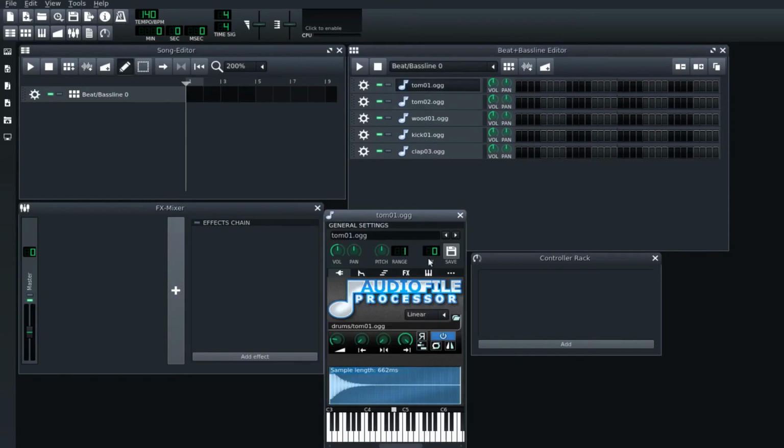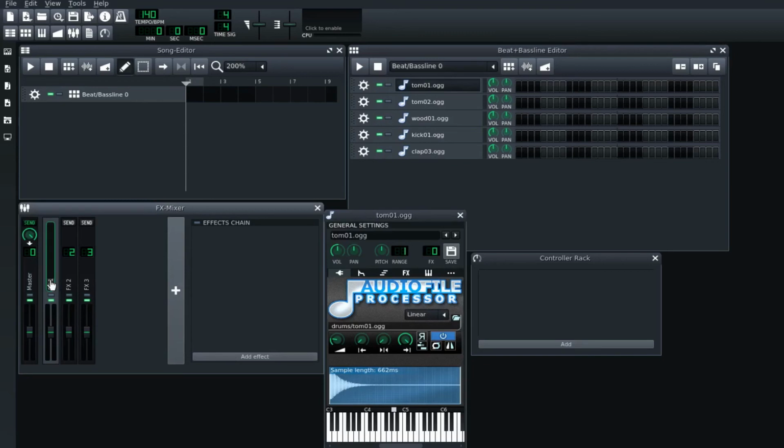Before we do that, actually, I want to assign an effects channel. This is very important. We're going to add 3 effects channels. The first one we're going to call vocoder instruments. You can see where we're going to go with this. In fact, let's abbreviate that so we can see a bit better. The second one we're going to call vocoder carrier. We'll talk about what that means in a minute. The third one we're going to call